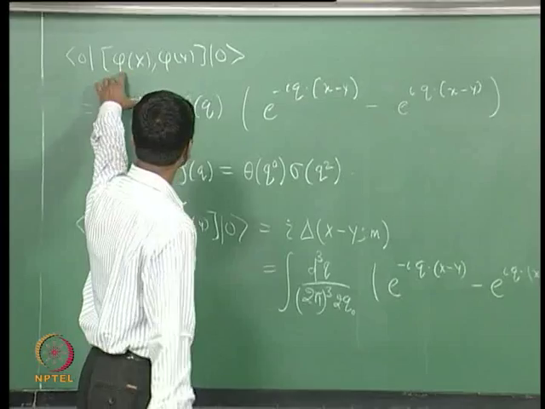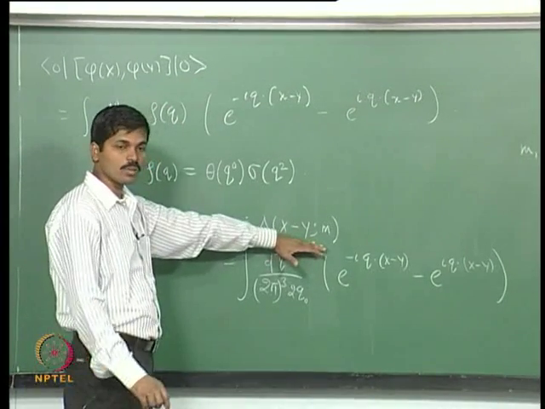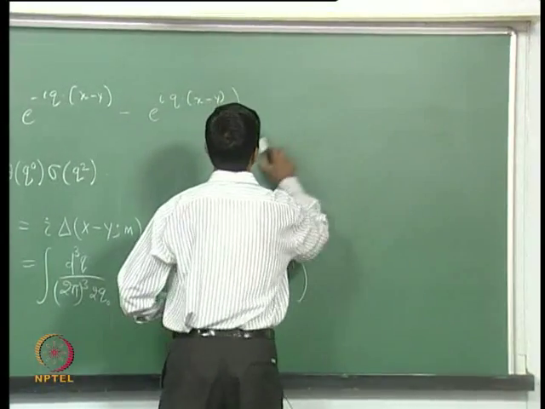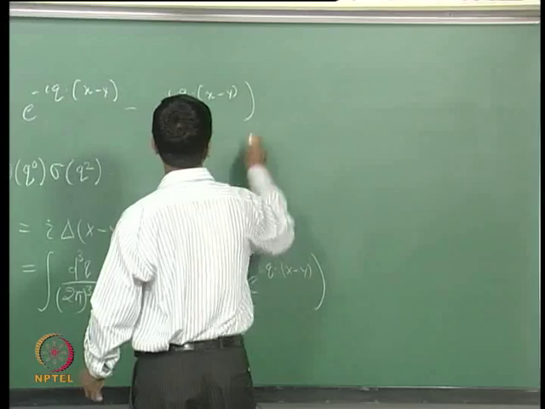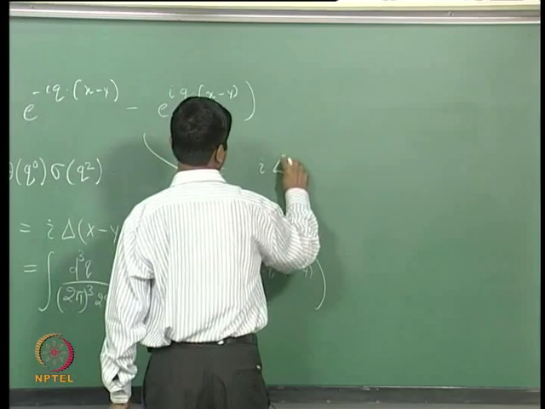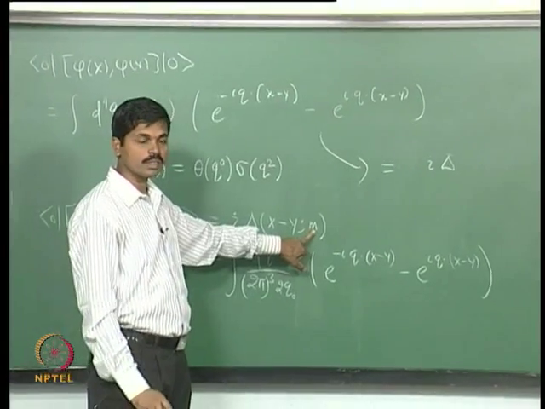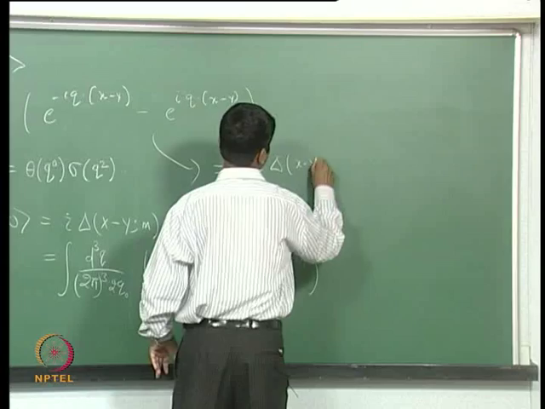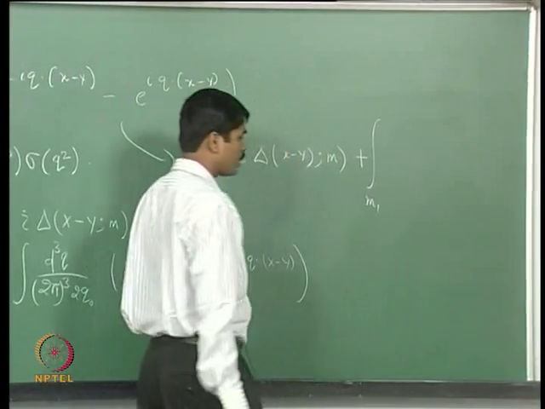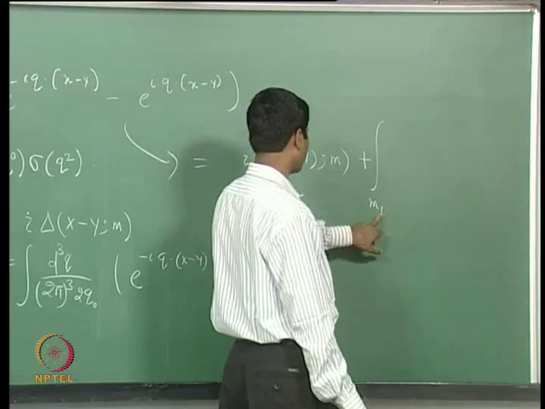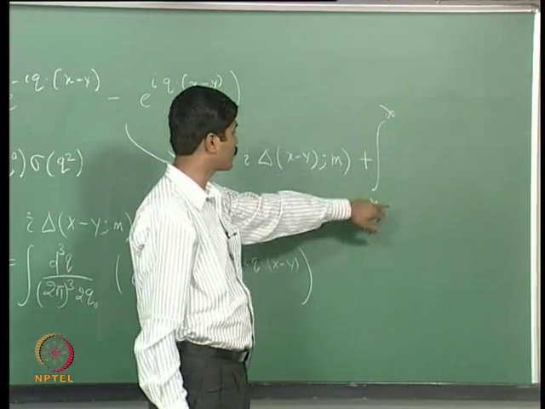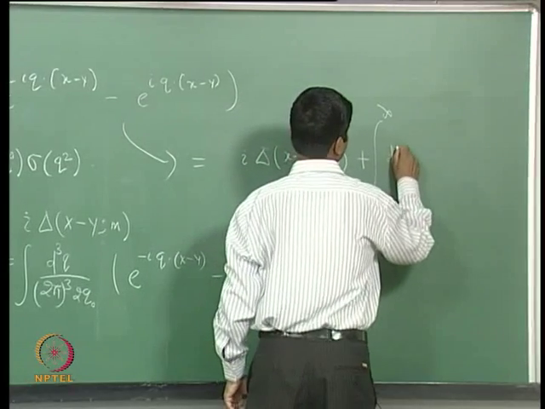Then you can see that this commutator will essentially be a superposition of these deltas of various masses, except that the lowest one has delta x minus y m, and then, because I am denoting m1 to be the threshold energy for creation of multi-particle states,